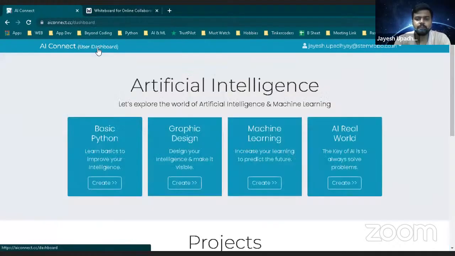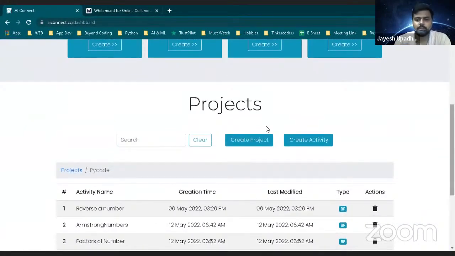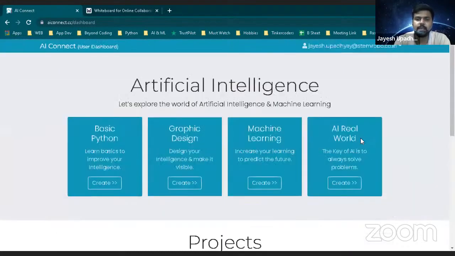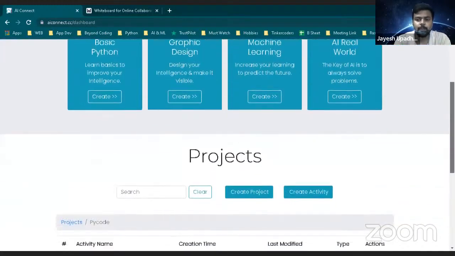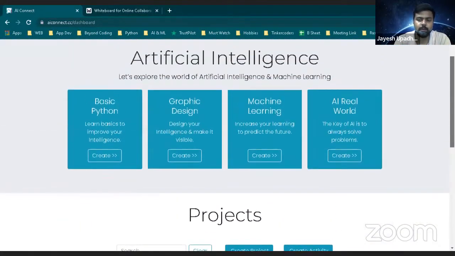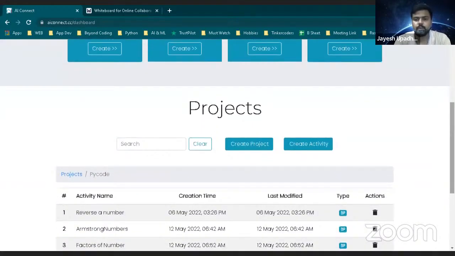So what is the first process? We already know this. If you are new over here, so do this much. You will click on this option, that is create project. Create project पे click करना है. यहाँ पे कैसे आते हैं, यहाँ पे आपको अपनी AI Connect में जाना है, लॉग इन करना है अपनी AI Connect में, by writing your user name and password. तो from your portal, आप उसमें क्लिक करोगे, लिंक होगा AI Connect लिंक पे क्लिक करोगे, you will go to this website. वहां पे आपको user name and password डालना है. After writing the user name and password, you will get this kind of thing. Okay, so you need to click on this option, that is create project.